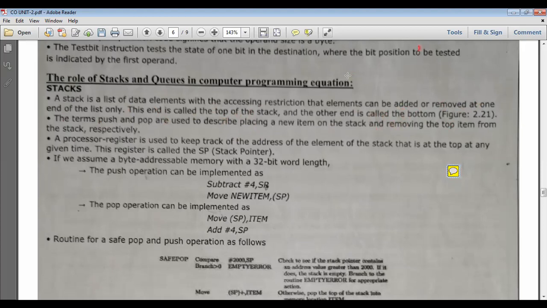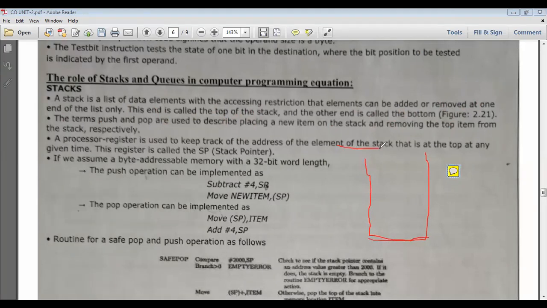That is, if you are taking the stack, we are doing push operations and pop operations. Push operation means insert the data onto the stack. Pop means delete the data from the stack. Here one end is closed, the other end is open.